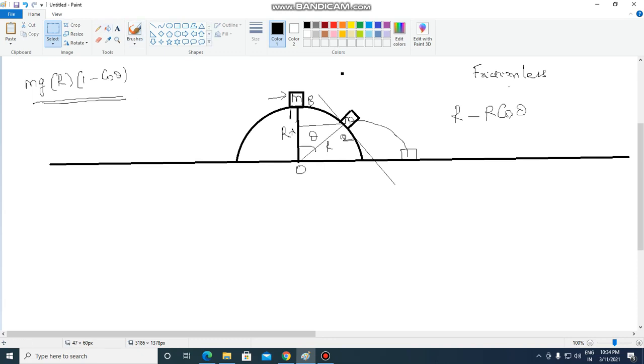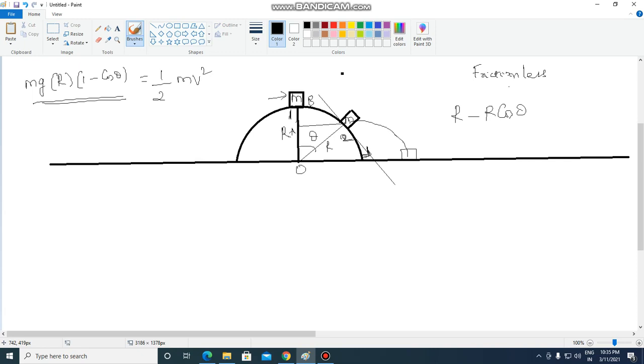So we can do one thing. We can equate the change in potential energy to half m v square. Now, v here is the absolute velocity of the mass m. Very important point to be taken into consideration. It is not a horizontal velocity, nor the vertical component of the velocity, but the absolute velocity, and its direction is tangential to the surface of the sphere. I'm showing it with this arrow indication,